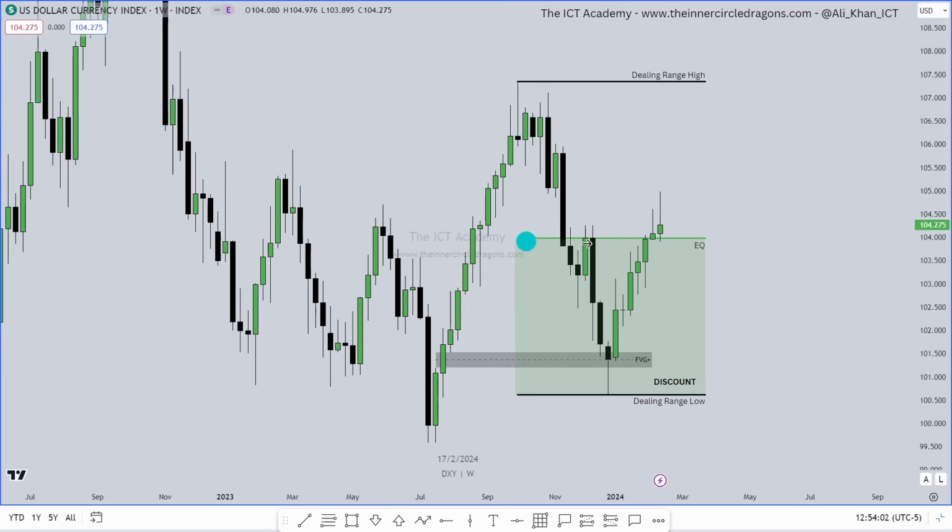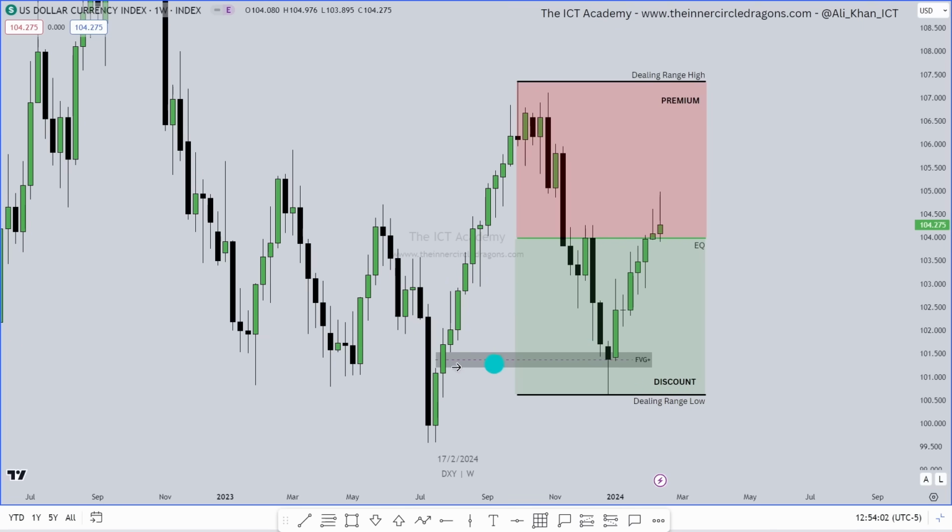Anything below the equilibrium price point is referred to as our discount range, and anything above the equilibrium price point is referred to as our premium range. Generally, the markets will move from premium to discount and discount to premium. In a bearish market, ideally, we want to wait for price to come into a premium before we sell short. And in a bullish market, we want to ideally wait for the market to drop into a discount before looking